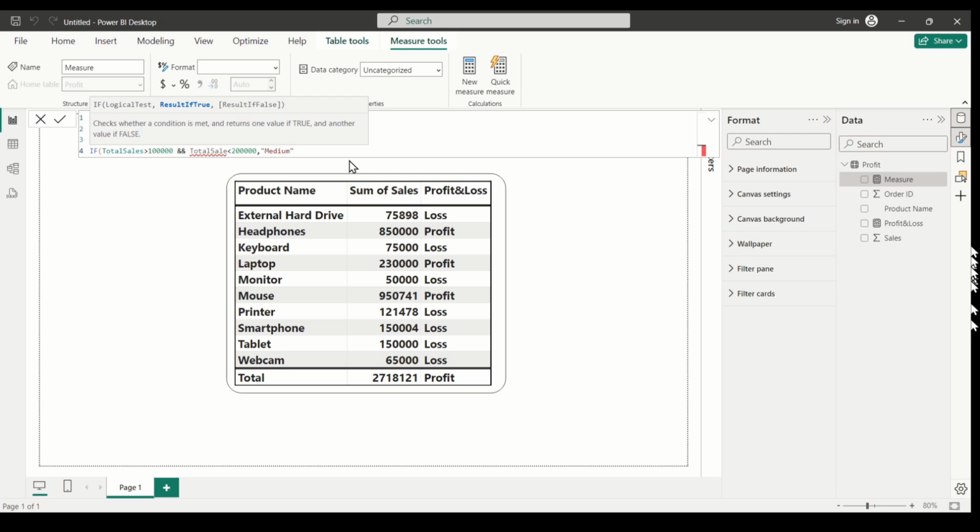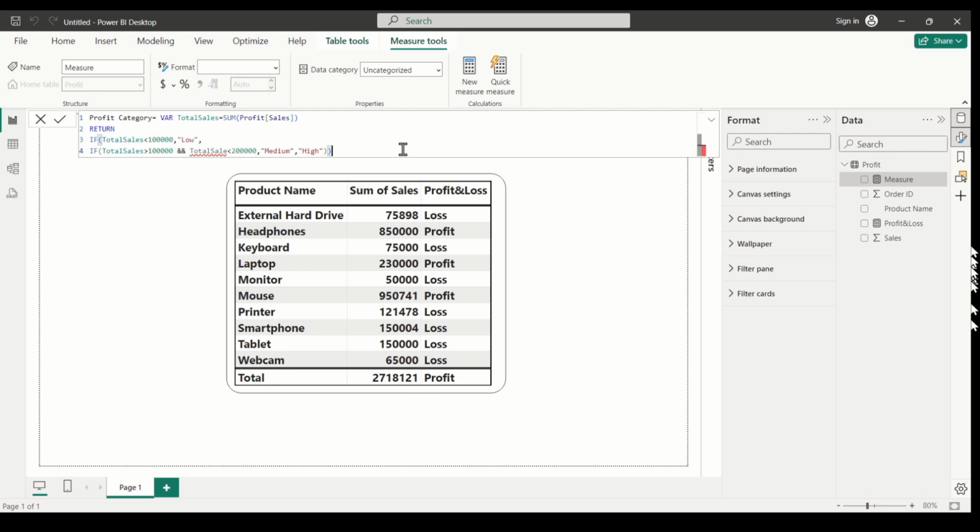But if the value is greater than 100,000 and also greater than 200,000, then give the value as high. Going to add another. All right,